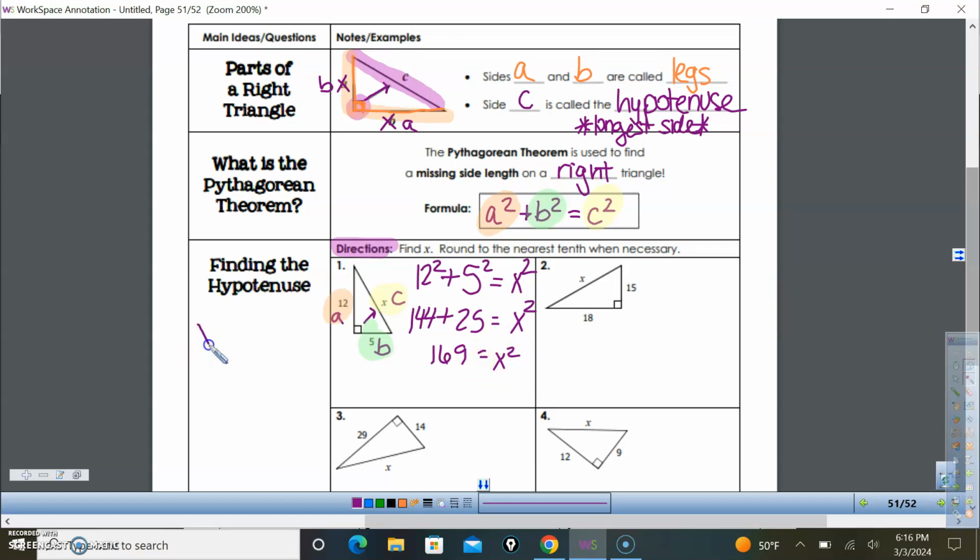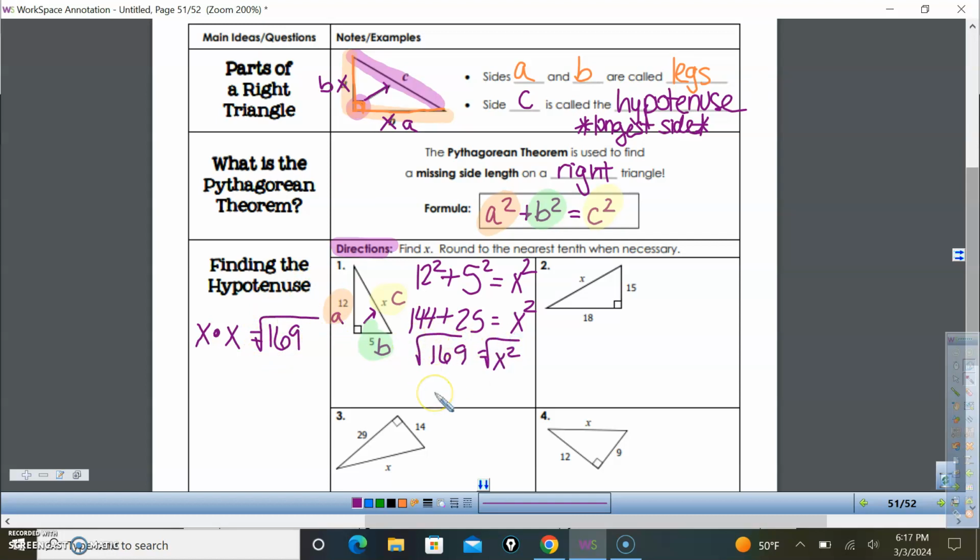So we're basically trying to figure out what number times itself, or x times x, is going to equal 169, right? Because x squared tells us to take our base x and multiply it by itself twice. So we want to know what number times itself is equal to 169. Some students like to do guess and check, but I personally think the easiest thing to do is knowing that the opposite of squaring something is taking the square root of that number. So we can use our calculator to help us figure out what the square